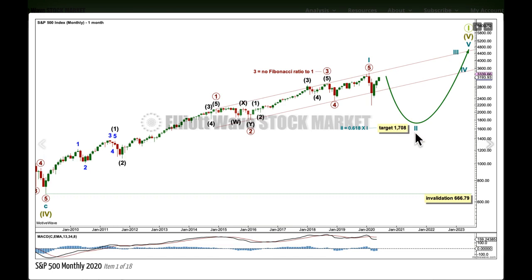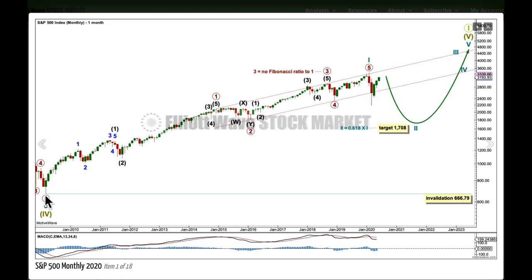If it's a second wave, it's most likely to be a zigzag. It's most likely to not be over there. That would be really brief and shallow, so the most likely scenario would be it's going to continue lower. The target is for cycle 2 to reach 0.618 the length of cycle wave 1, and I don't draw my Fibonacci retracements on these charts because motive wave gives it a logarithmic calculation, and I want my Fibonacci calculations to be arithmetic, so I'm just giving it to you with this target notation here.